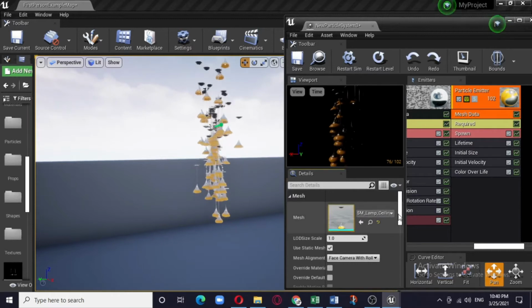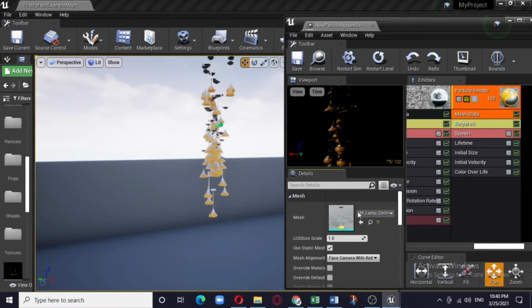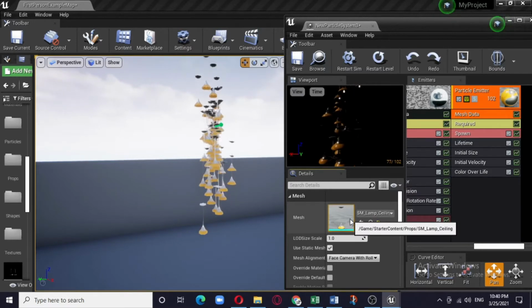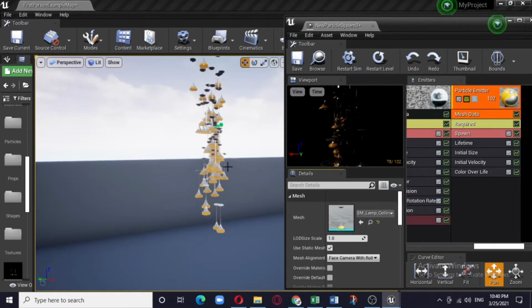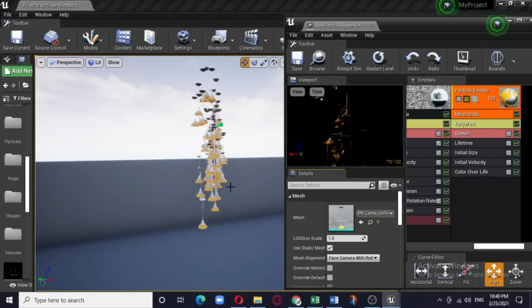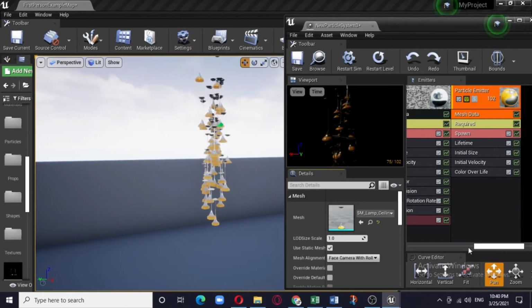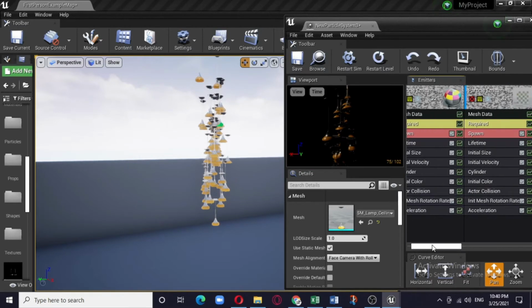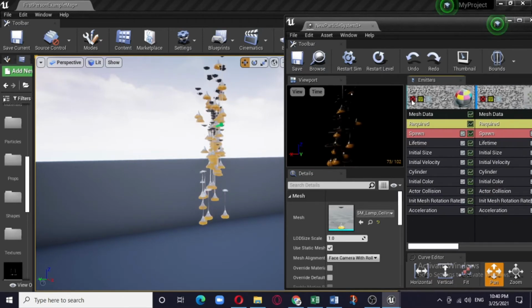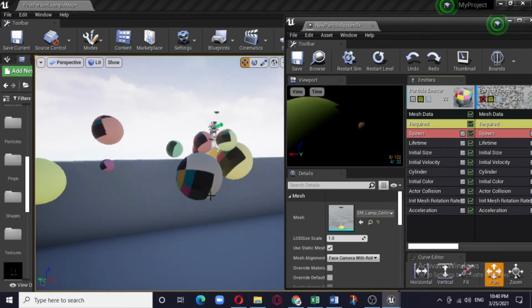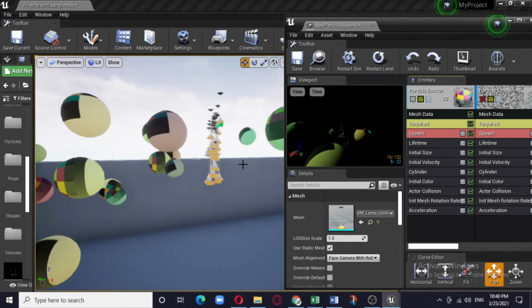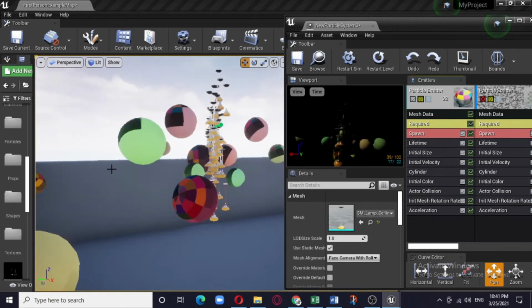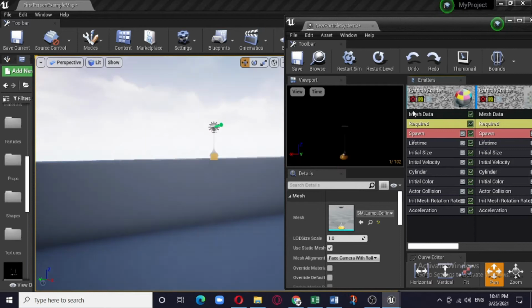So here there is the mesh data, and suppose you select some sort of mesh and you want to change the material. Let us assume that we cannot change the material whatever it is out here, like whatever we have seen. Let us assume in this, here you can see there are multiple colorful balls getting emitted. So we can actually control the color of these balls, right? So how can we do it?